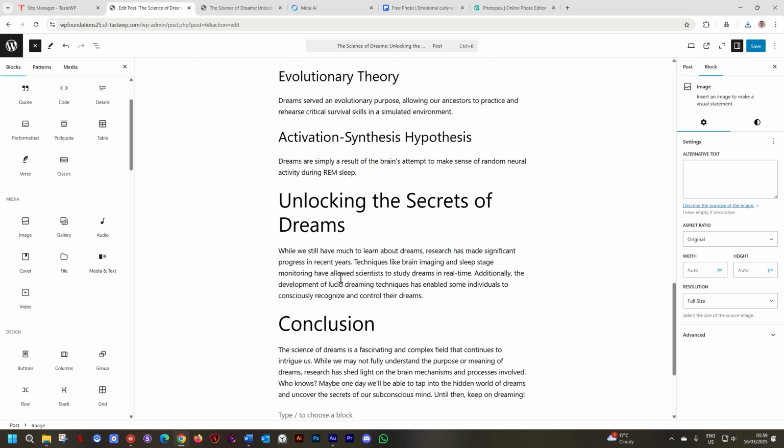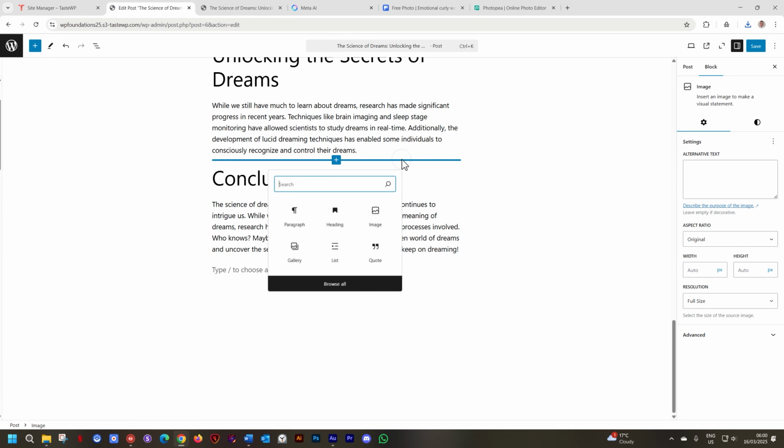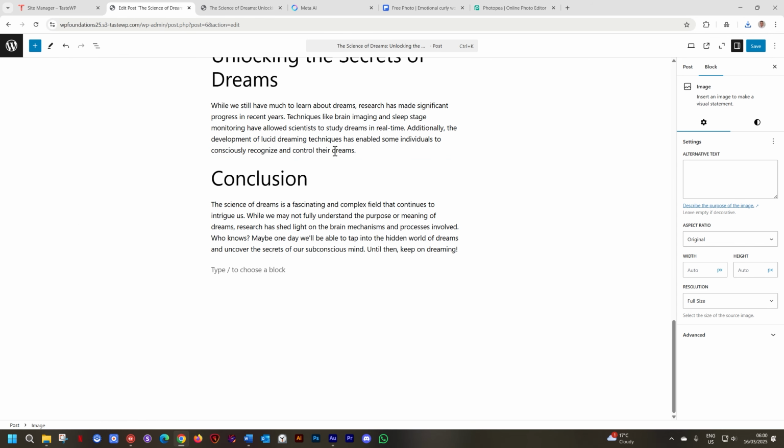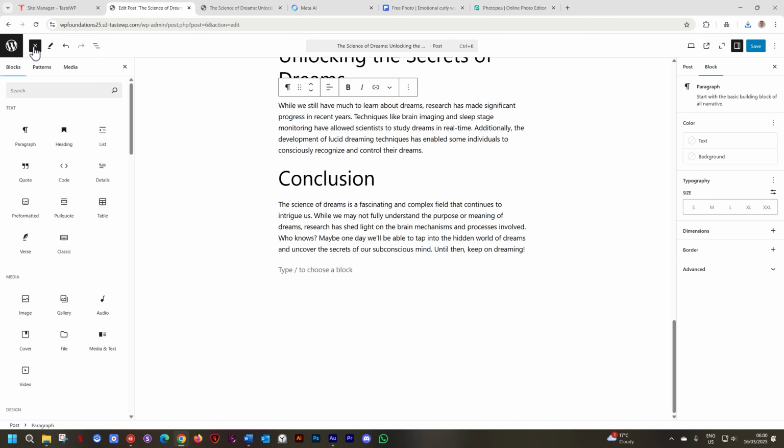Let's bring one in at the bottom, just before the conclusion. Let's click there in between them on Add Block. Oops, let's do it again. Where are you, WordPress? Let's see if we can get it. And this is one thing about WordPress. I clicked on it and now I cannot get that. So we go to our block panel, go to image, and I'll drag it in.